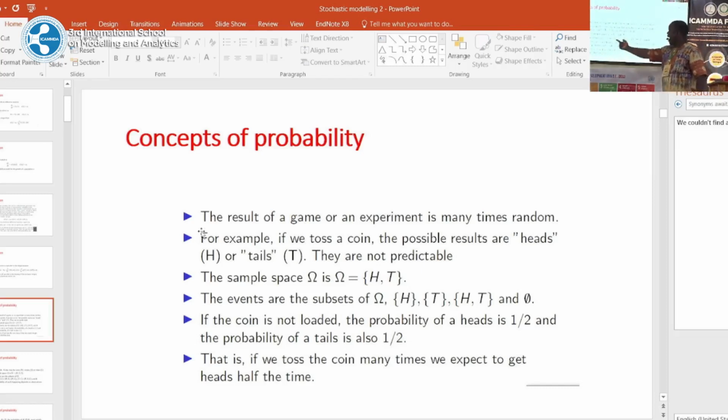The events are subsets of the sample space, which in set theory is called the universal set, but in probability we call it the sample space. Then you have the singleton set of H, which is the head. So you can have head, tail, and then the empty set. If the coin is not loaded, the probability of a head